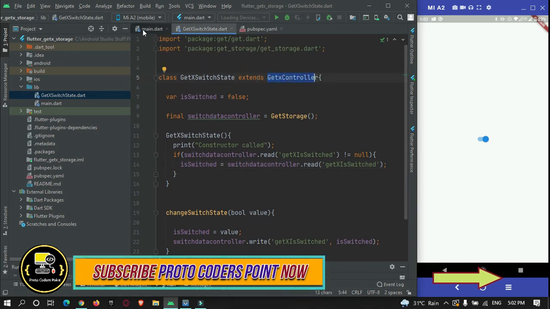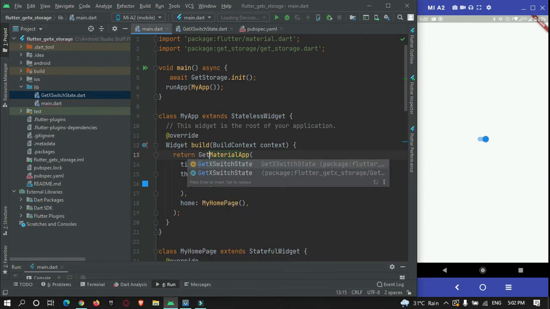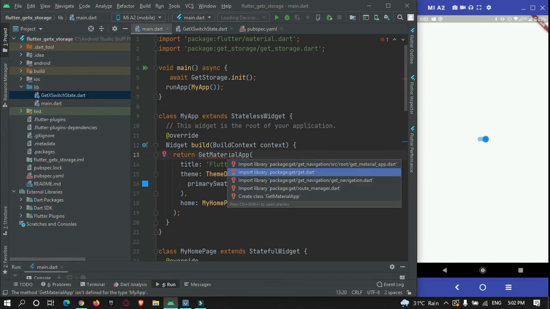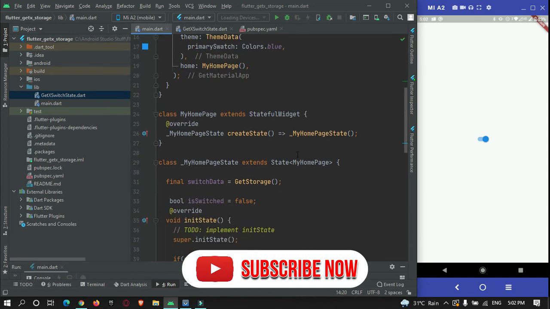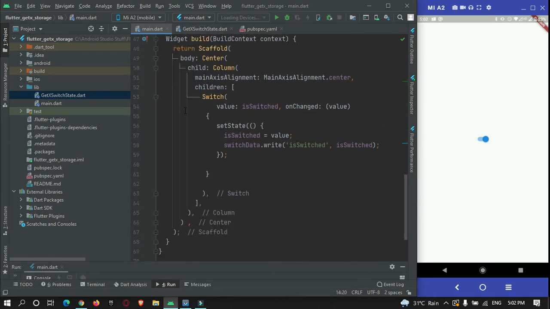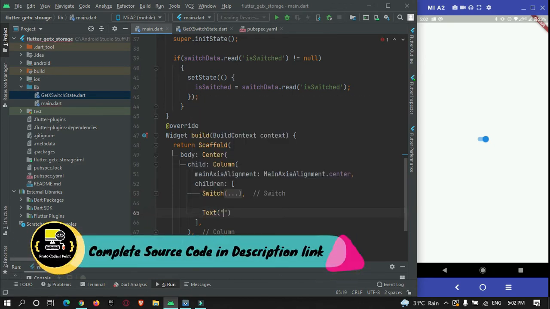Now come to the main.dart file. In your app, instead of making use of the simple MaterialApp, we need to change it to GetMaterialApp. Just import the package get.dart. Now after doing that, in our previous tutorial we had just created a switch, so I will comment it out, and instead of that I will create a text over here.